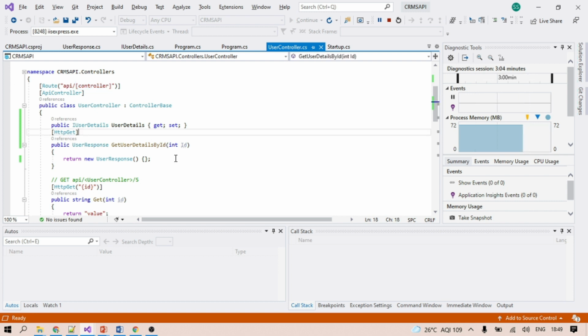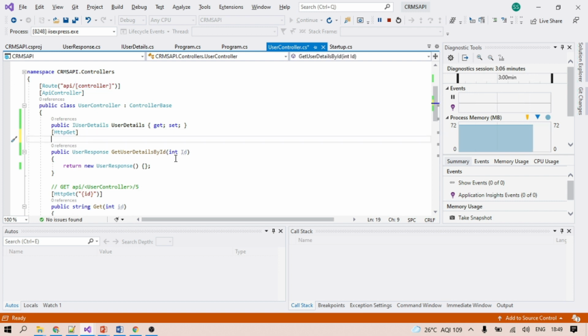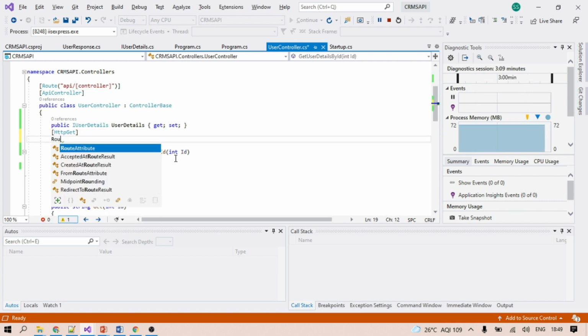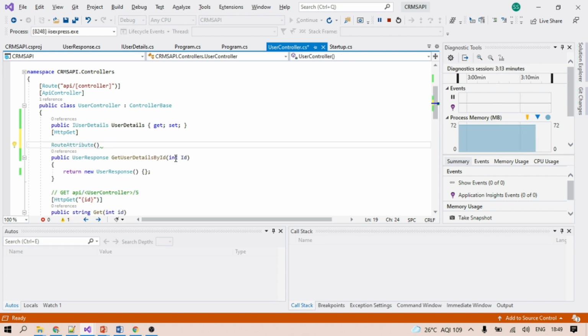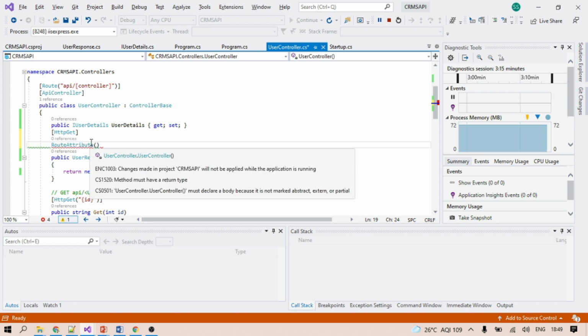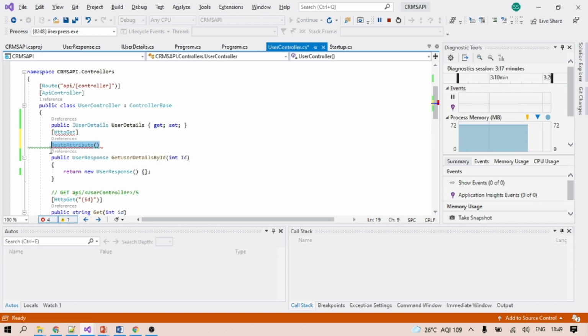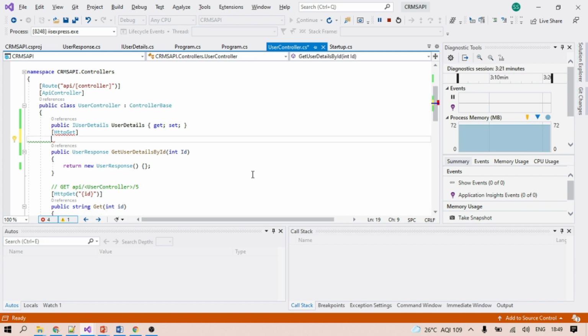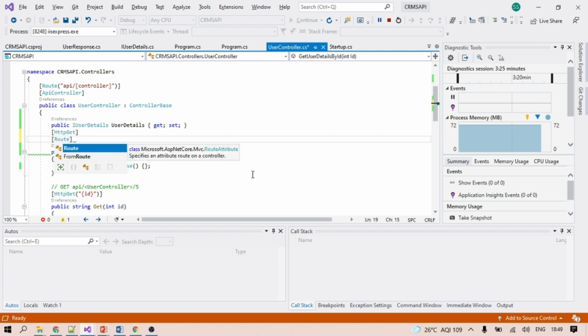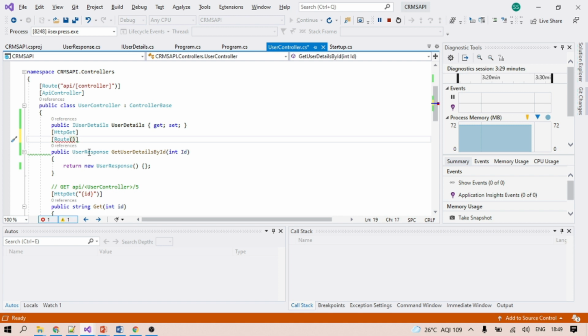So what was the mistake here? We did not put the route name for the action method. So we need to put the name: api slash user slash get user id.